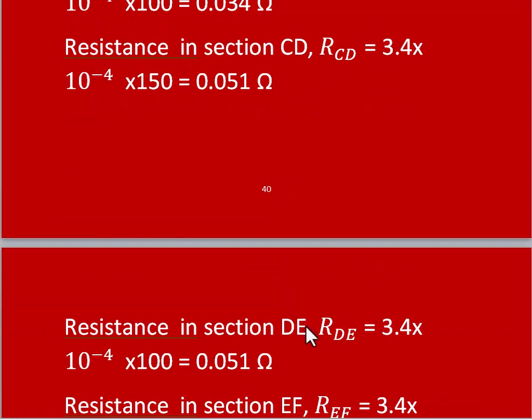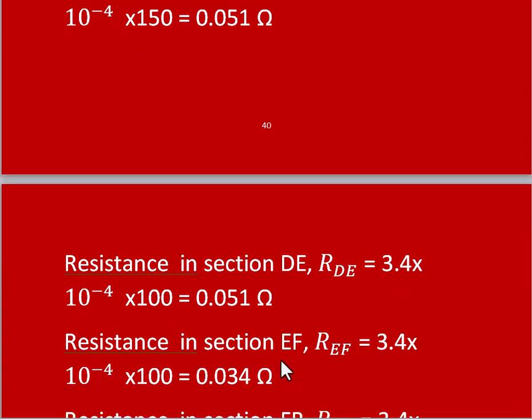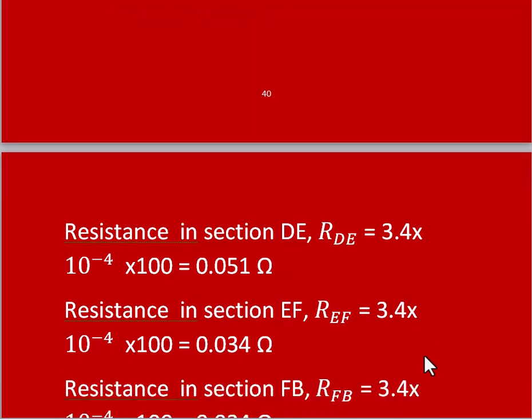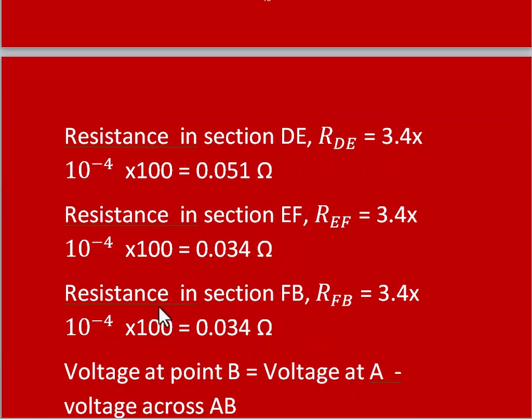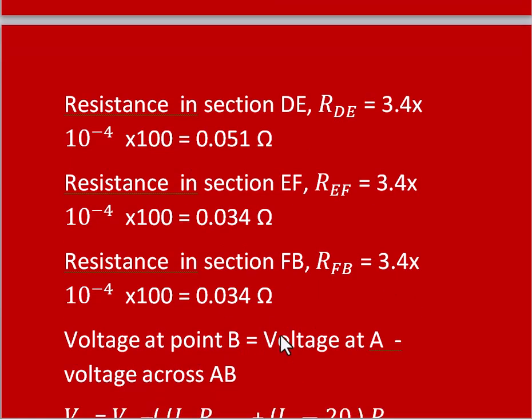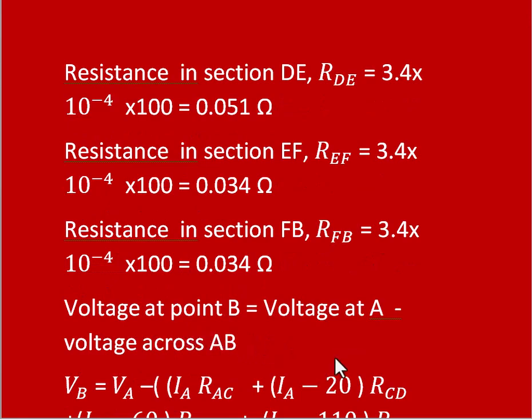Similarly, the resistance in section DE, RDE is nothing but 3.4 into 10 power minus 4 into 150, that will give us 0.051 ohm. Similarly, resistance in section EF is nothing but REF is equal to 3.4 into 10 power minus 4 into 100, is equal to 0.034 ohms. Similarly, in section FB, resistance RFB is nothing but 3.4 into 10 power minus 4 into 100 is equal to 0.034 ohms. Similarly, now the voltage at point B we can write as voltage at point A minus voltage across